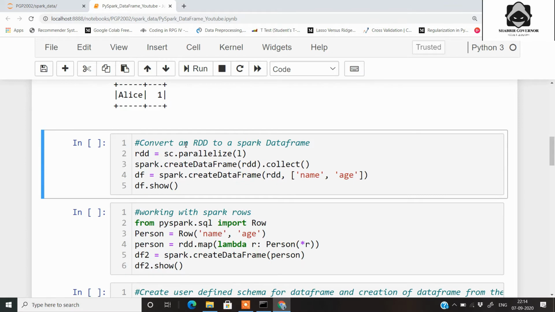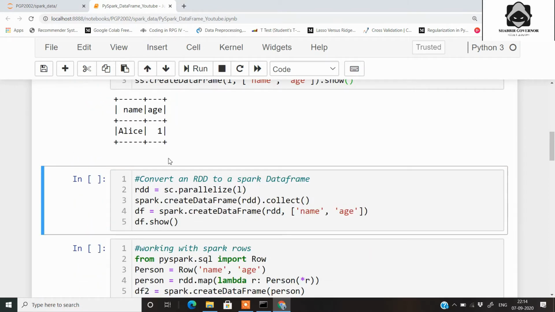The next part is to convert an RDD to a Spark data frame. What we do is convert the list that we have above into an RDD first using sc.parallelize, which we had also seen in the earlier videos.